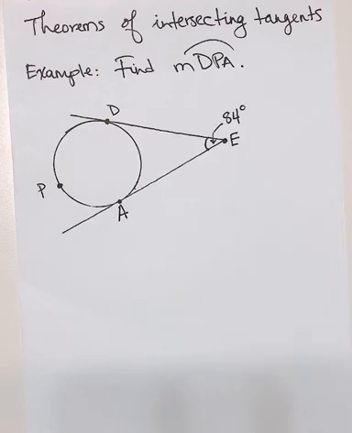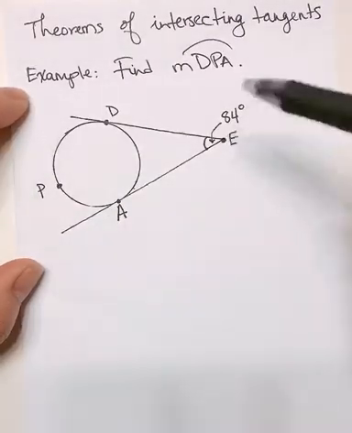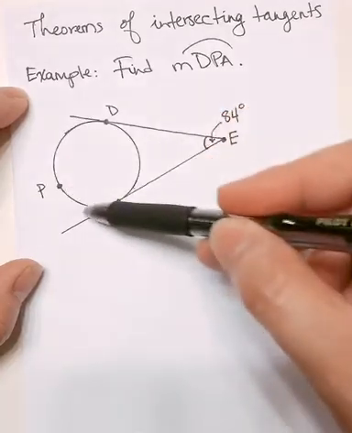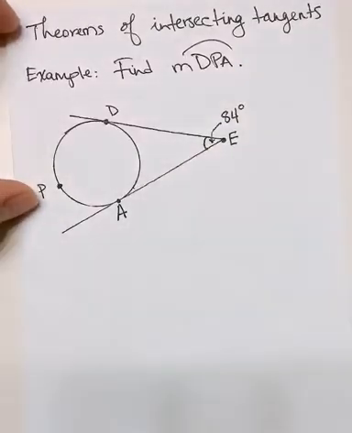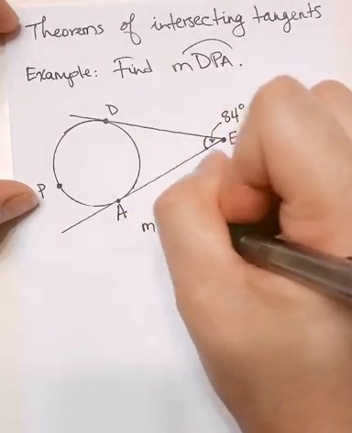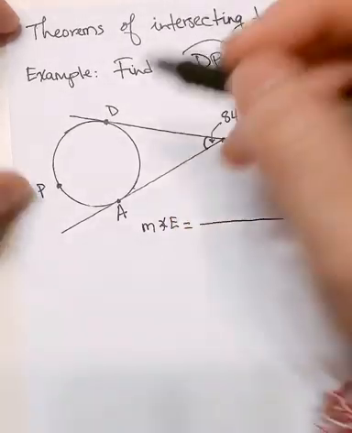It says that if two tangents meet at a common point, so in this case we have two tangents that meet at point E, the exterior angle is equal to half of the difference between the major arc and the minor arc, right? So that's what the theorem says. The measure of the exterior angle E is equal to the difference between the major arc